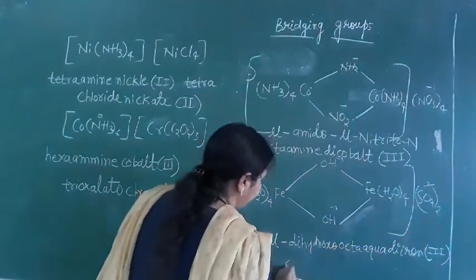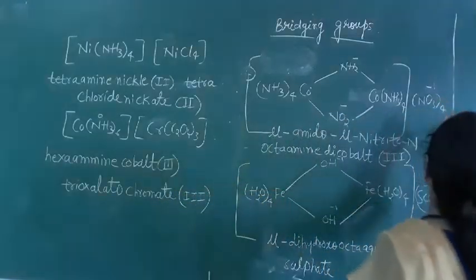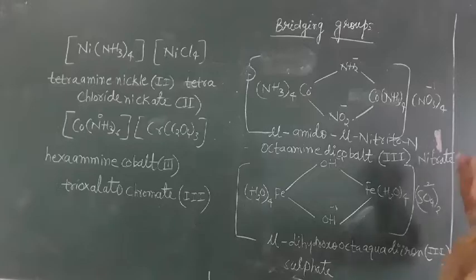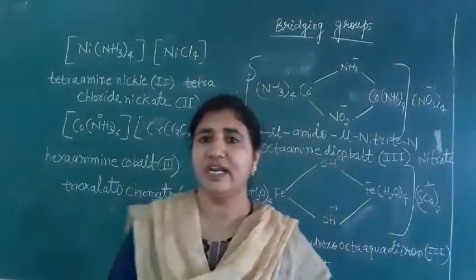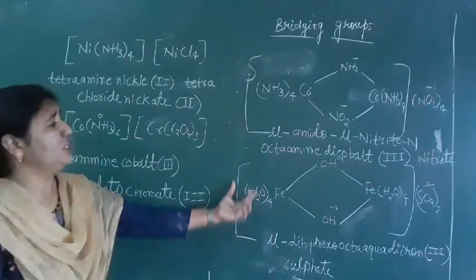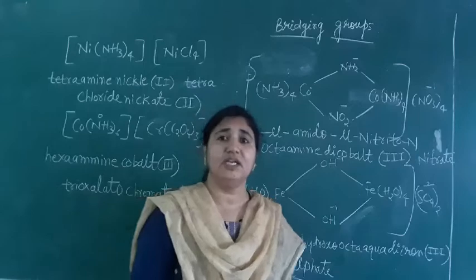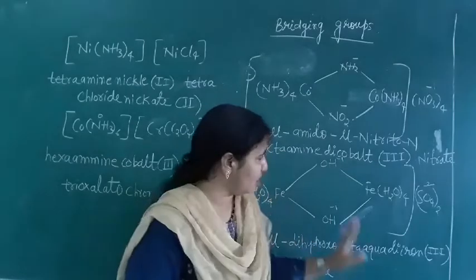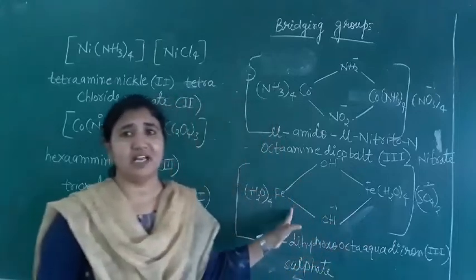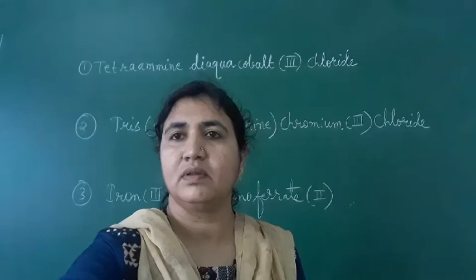And last it will come: sulfate. So you have to write sulfate here. Similarly here also, write nitrate. This anion here will become nitrate. So like this you can write the names of these bridging groups and this one. But both of these, rarely will they ask in competitive exams. Theory they will not ask such questions, and in competitive exams also, rarely will they ask such type of questions, and this one also rarely.